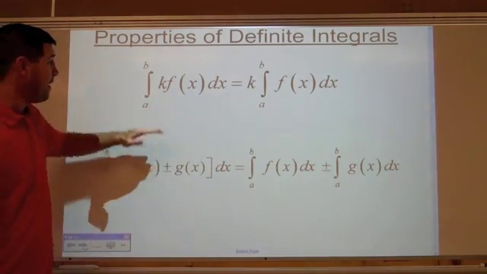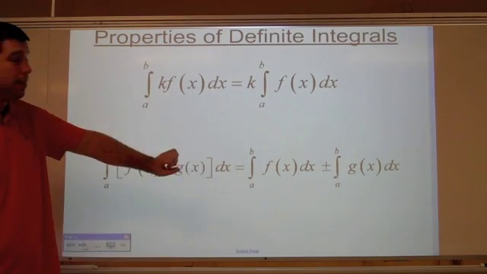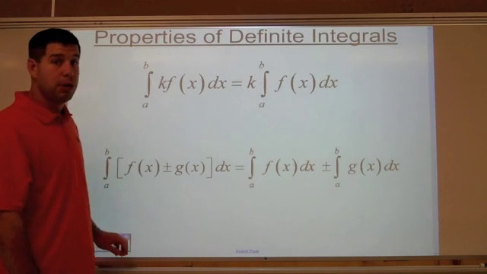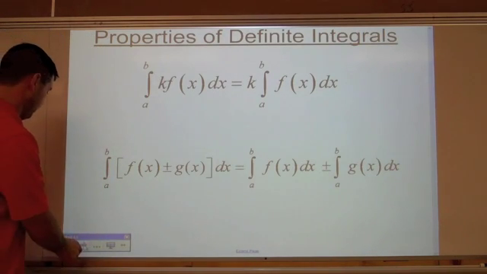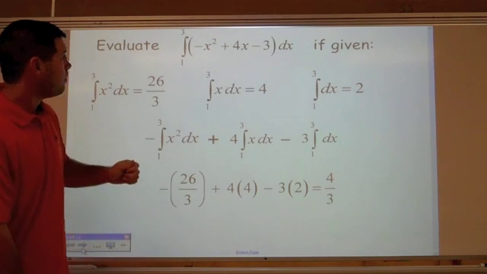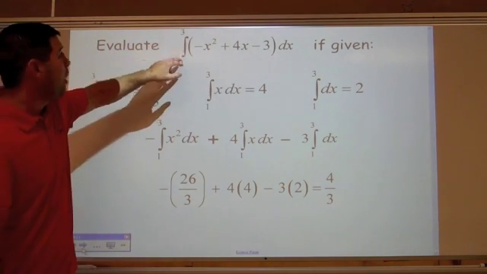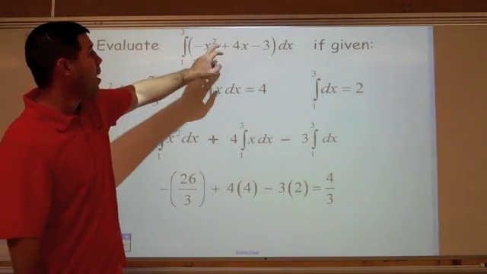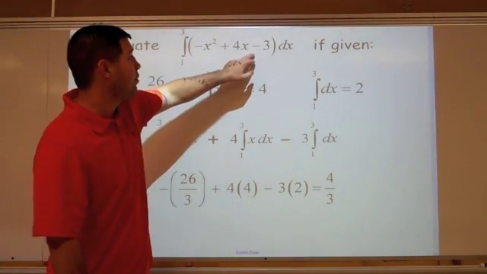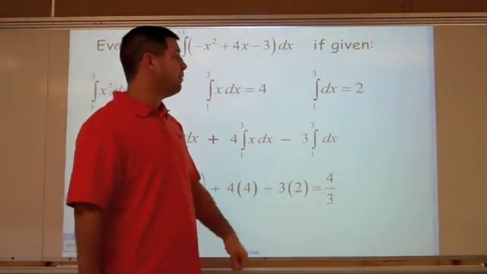And we're going to see both of these applied in this next example. We're going to break it down into pieces, and we're going to use the scalar multiple idea. So they want you to evaluate the definite integral from 1 to 3 of negative x squared plus 4x minus 3 with respect to x, if you're given